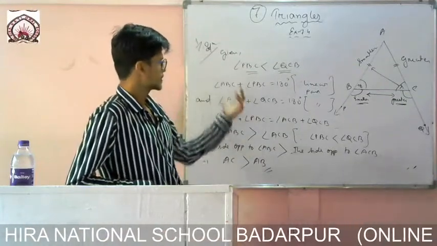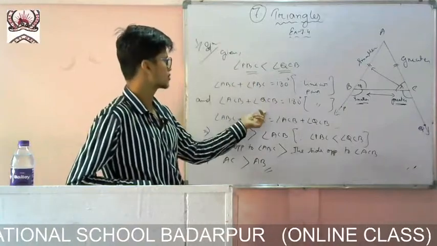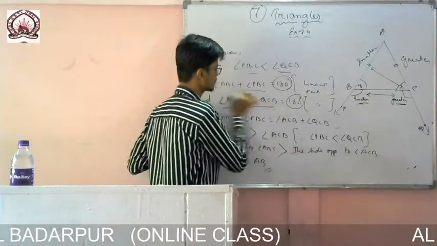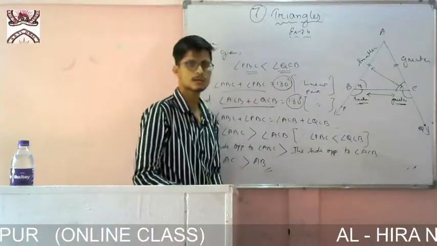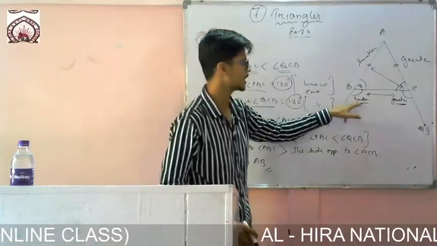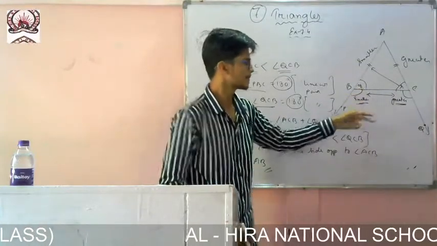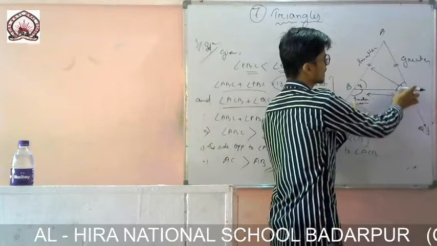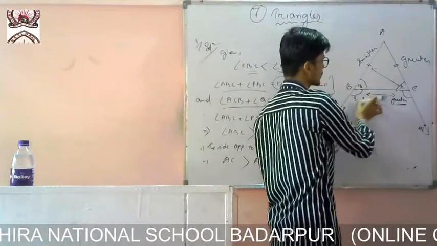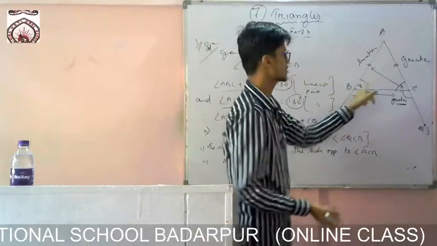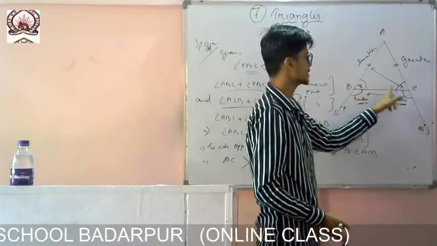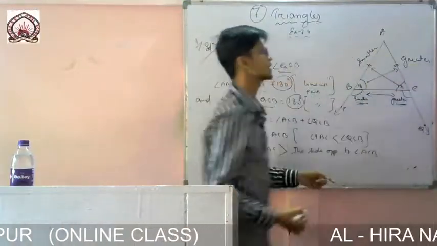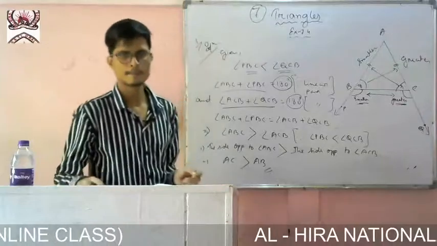So I finished. Is there anything tough? First I have written that these two are a linear pair, both of them equal 180, that's why I can say this one is equal to that one. Then I said that if this one is a smaller angle, ultimately this one will be greater. If I compare these two, this one smaller, this one greater, if this one is a greater angle then the remaining part will be smaller, and if this one is a smaller angle the remaining part will be greater. So I am getting this one as a greater angle and this one as a smaller angle. The side opposite to the greater angle is greater, the side opposite to the smaller angle is smaller. So I can say AC is greater than AB.